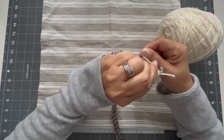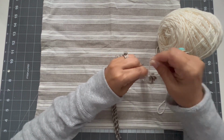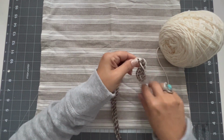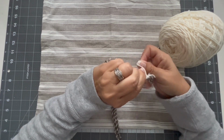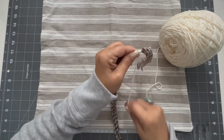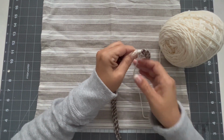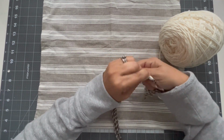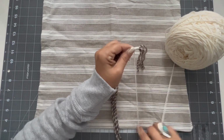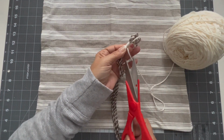So 1, you need to tighten it up, but not too much. So I have 2 turns. Here we go, 3, 4, oops, hold on, 4 just went loose, 4, 5, 6 went loose, 7, 8, 9, and 10. Now what I'm going to do is I'm going to cut here,